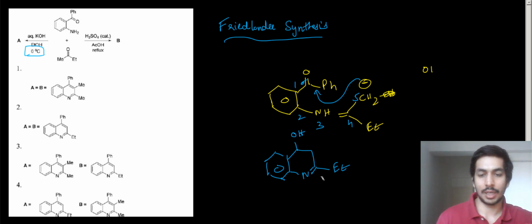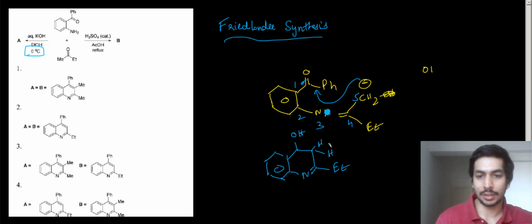And right, we'll have an OH attached. Okay, and actually over here this NH hydrogen will not be there. You can just remove this hydrogen, and the base will abstract the hydrogen and you'll just get a double bond over here, and we have an OH over here, and we have 2 hydrogens over here.